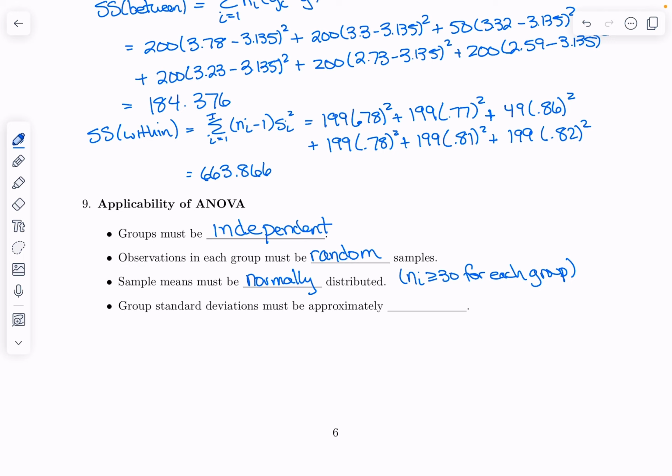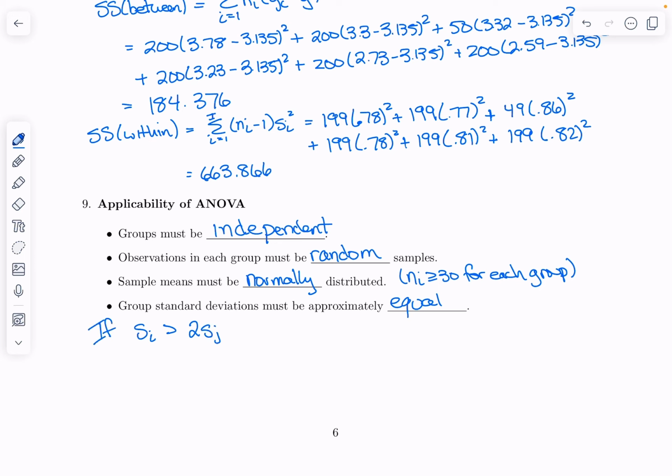And then this is a new one, but the group standard deviations must be approximately equal. And what do we mean by approximately equal? We don't want, if we have one standard deviation that is, say, more than twice another standard deviation,